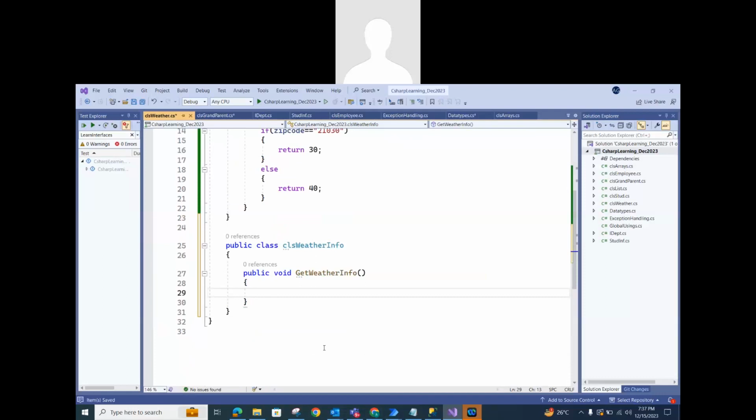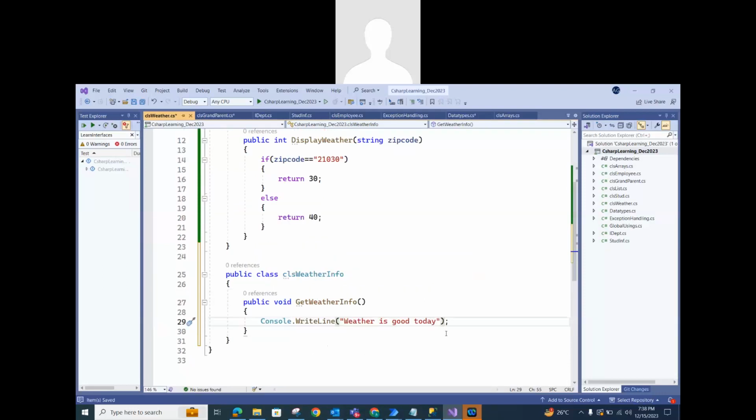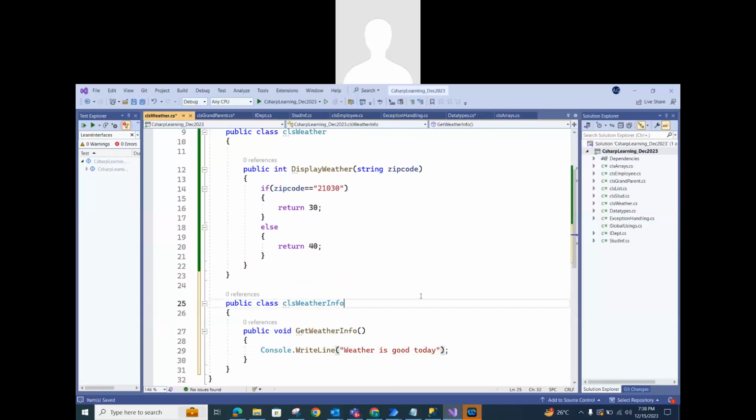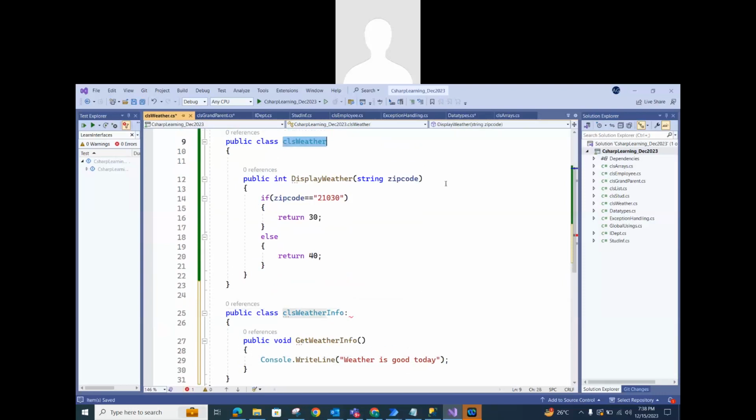Let's say you are writing something, here, weather is good today. Now remember two classes. Let's say I am making it derived from class weather. But now if I create